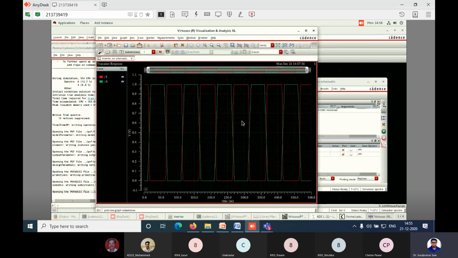How many of you got your output? Yes, sir. Chakradhar sir has got the output. Shrutika got the output. Gauri, we are waiting for your output. Yes, Mohammad Ali, go to netlist and run. Very good. Please wait, Mohammad Ali. It will show the output. Yes, you have shown the output. Very good. Okay, I can see the three outputs. Okay, please wait.